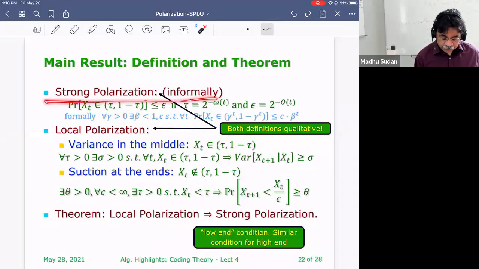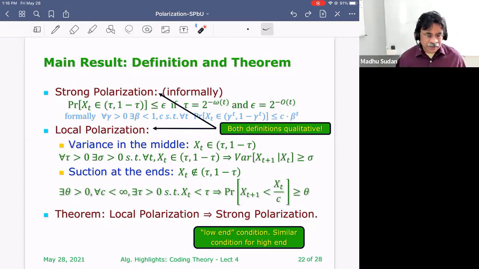Notice each one of these definitions is just qualitative. A random variable either has strong polarization or it doesn't. There is no notion that it has 10% strong polarization, or that with some probability it's polarizing. No, it's either polarizing or strongly polarizing or it's not. It's either locally polarizing or it's not. And our theorem is: if it is locally polarizing, it is strongly polarizing. It's not if and only if, but